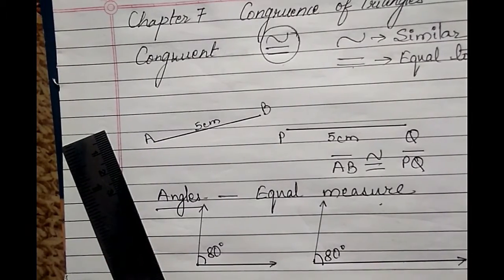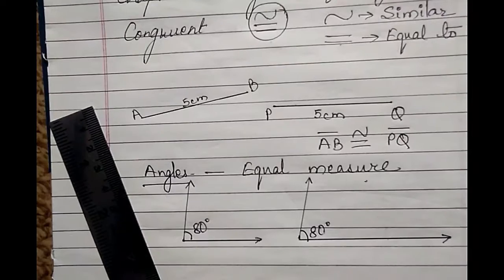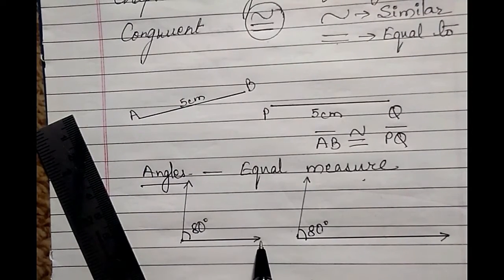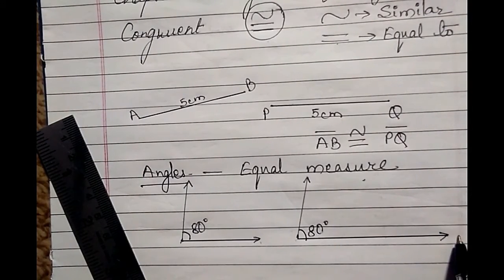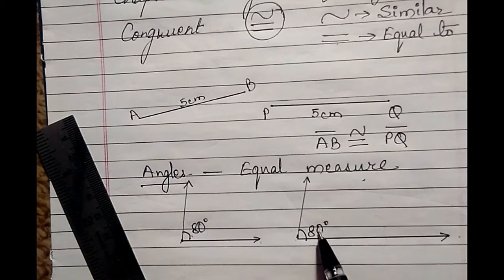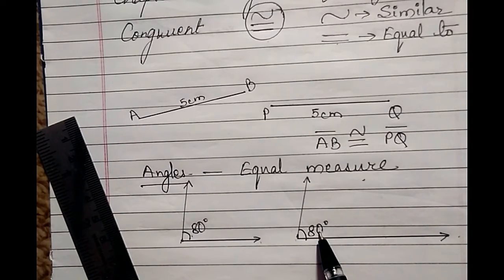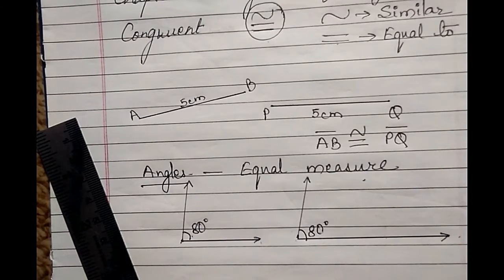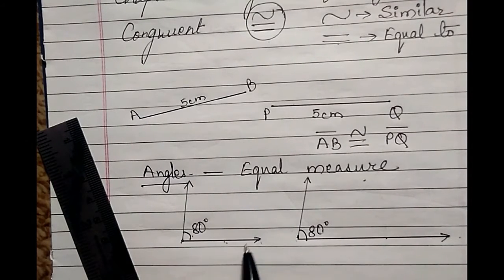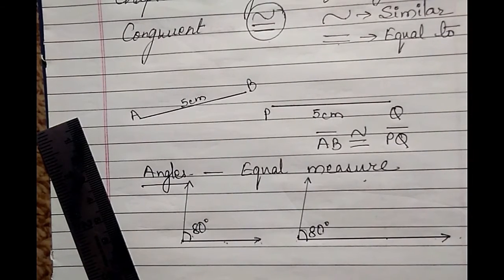So, are they congruent or not? Here, if you see, this ray is smaller than this ray. But it doesn't matter. If two angles are equal, then we say that they are congruent to each other. Because a ray does not have a fixed measurement, I can make it smaller or bigger. It has one arrow that can be extended in any direction. I can extend this to make it equal to the other. What do we need to see? We only need to see the measure of the angle. If they are the same, they are congruent.